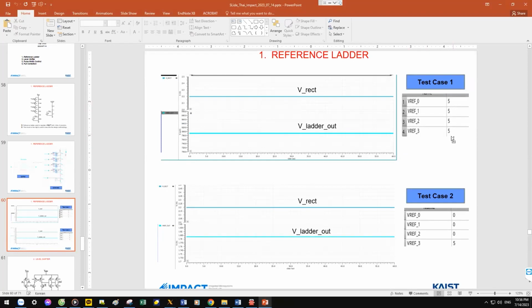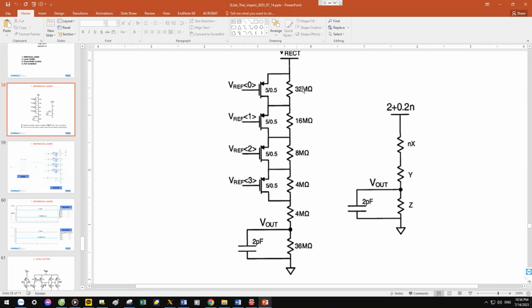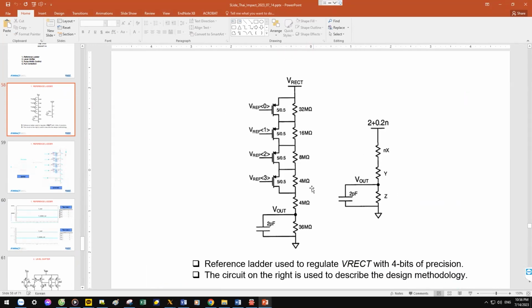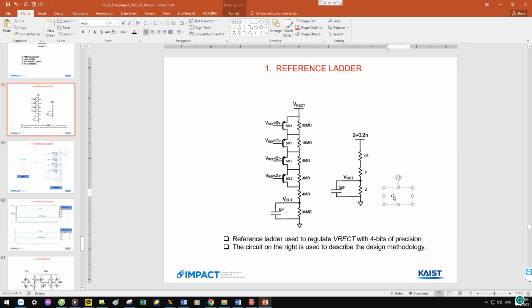So in here you put 5 5 5, right? Yes. So this switch will be open, right? Okay. 5 volt. Here is PMOS, so 5 volt means the PMOS will be open, right? Okay. So here will be 32 mega ohm, 16, 8, 4, but the switches are open, so VR will be equal to Vref multiplied by